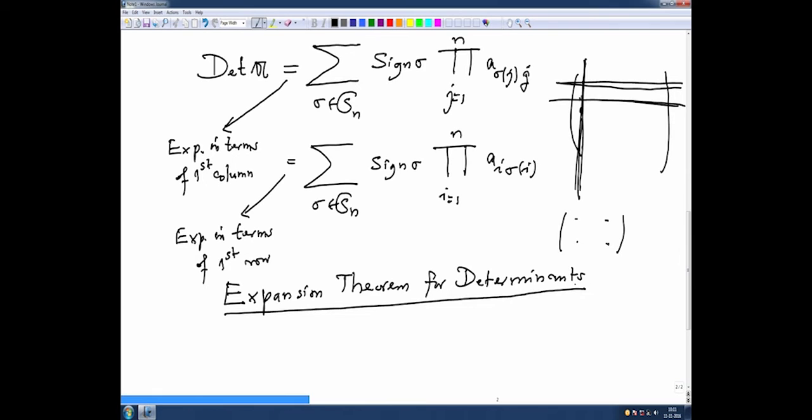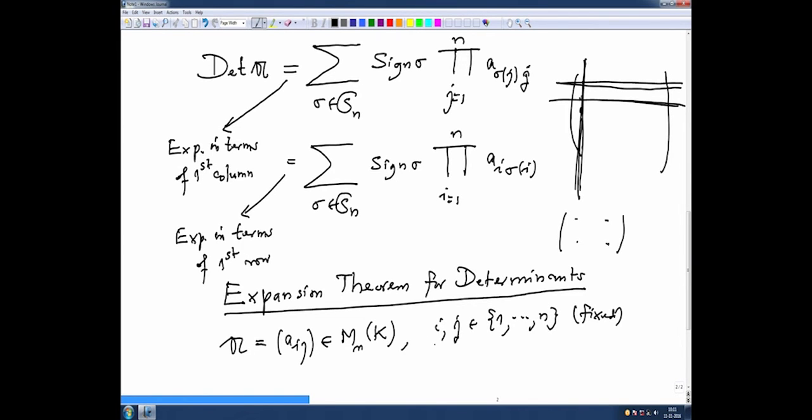You have a matrix A = (Aij), and i and j are between 1 and n, fixed. In the definition, i was 1 and j was also 1. And then